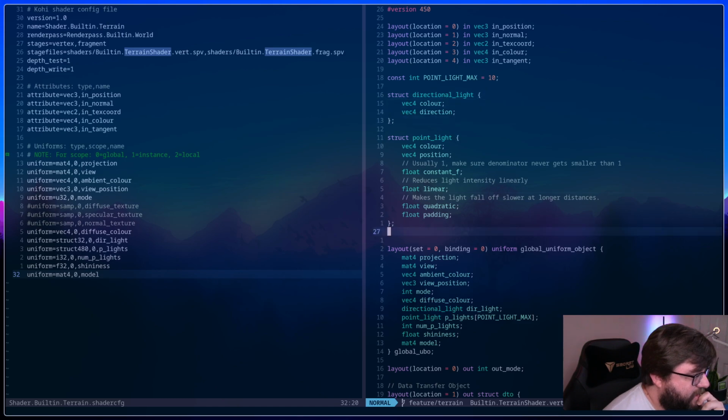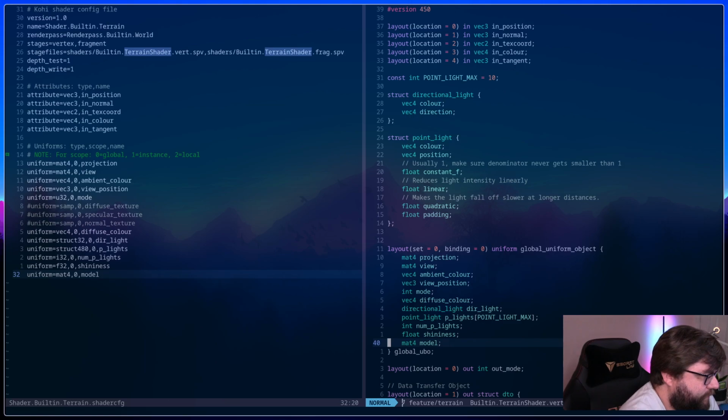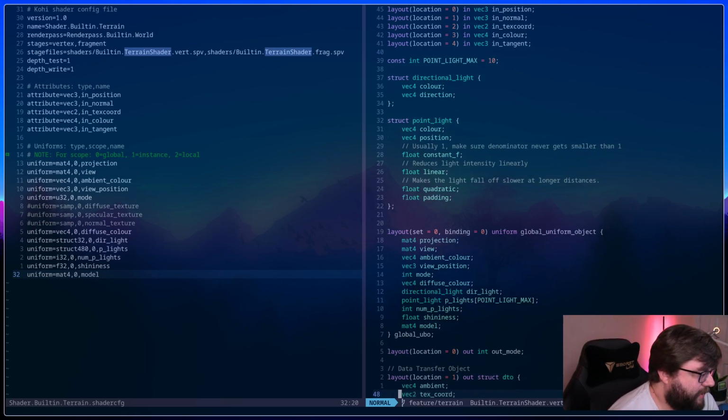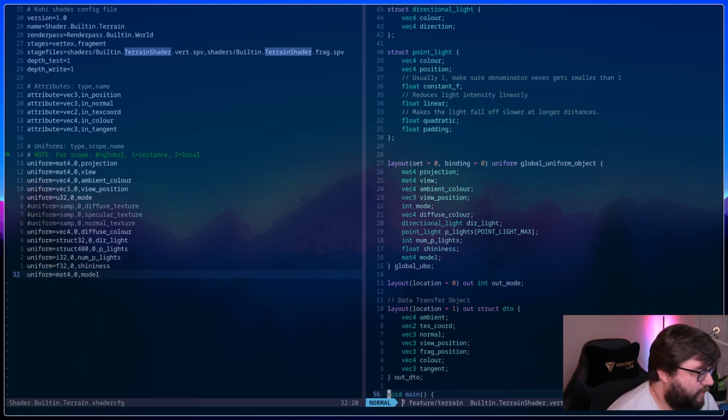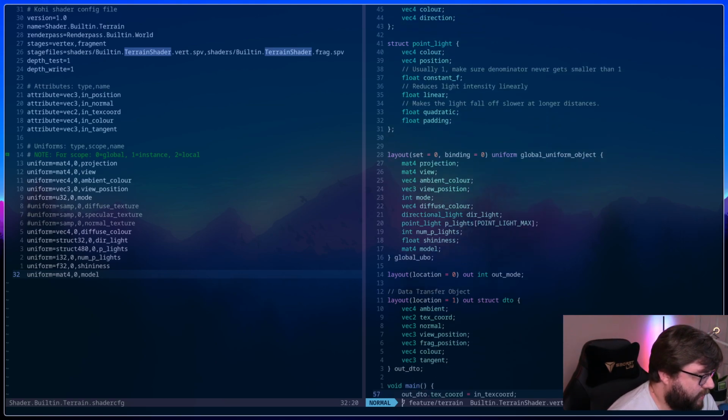So we have that, the global uniform object. We have projection, view, ambient color, view position, mode, diffuse color, directional light, the point lights, number of point lights, shininess, and the model matrix. So I don't see anything there at all that looks wrong to me.